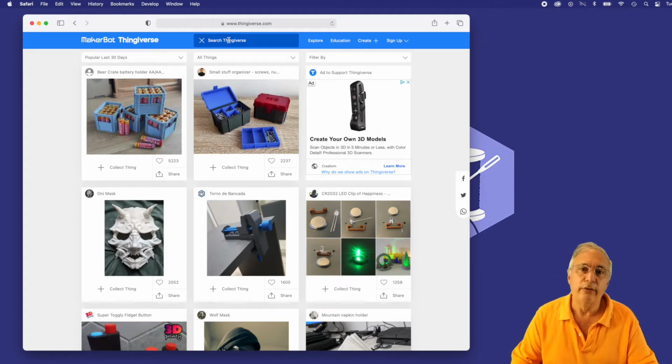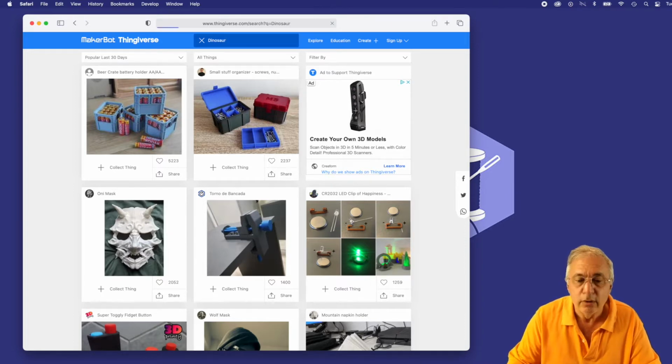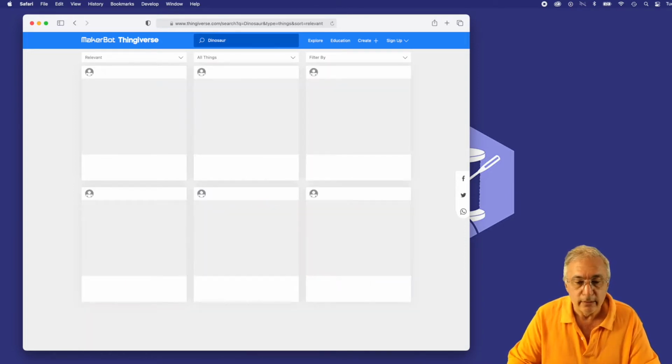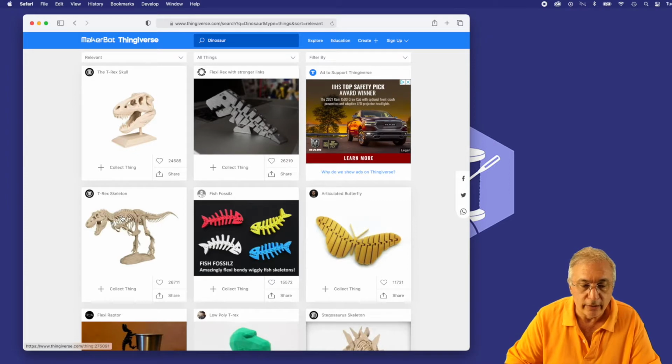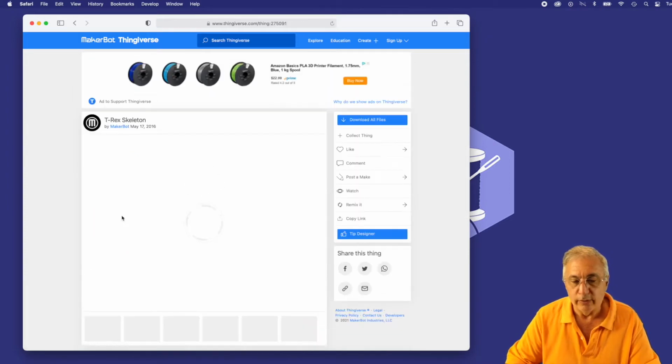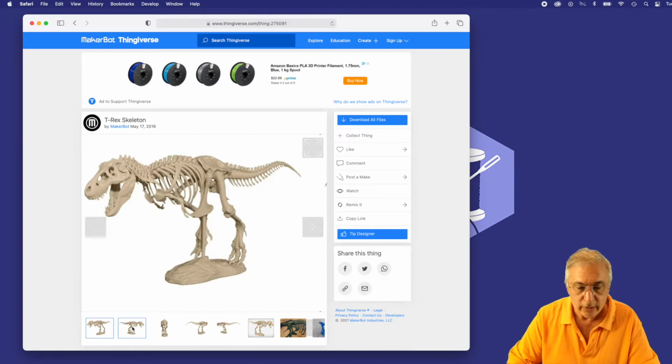So I'm going to search for something interesting to print. My friend Heather's son just loves dinosaurs, and who can blame him? So I'm going to search for dinosaurs. And we'll see what we get. Okay, well, there we go. We've got a T-Rex skeleton. That looks pretty cool. So if I click on that, you can see the model, or the complete print there,